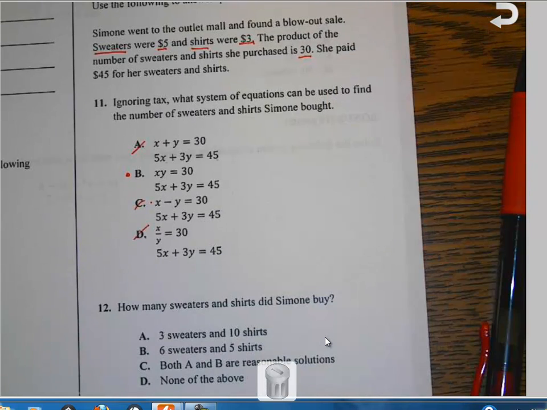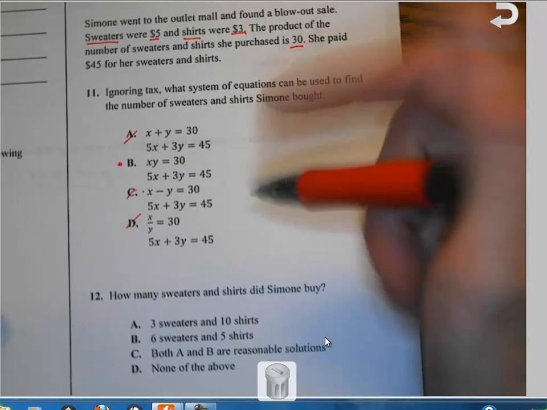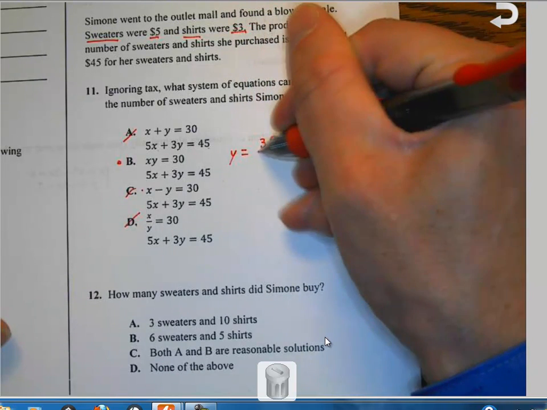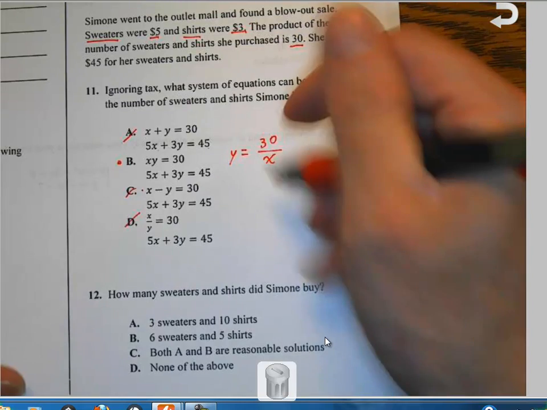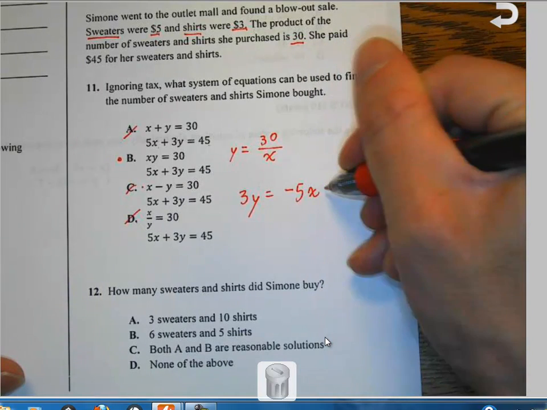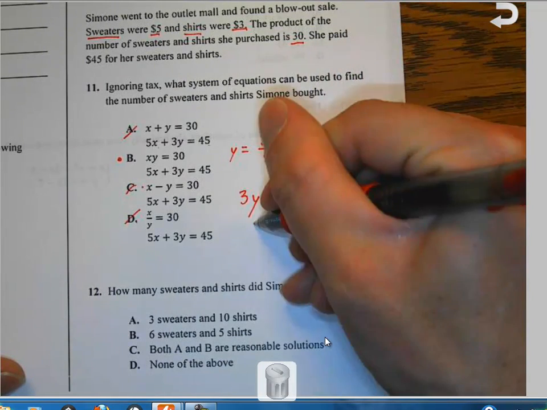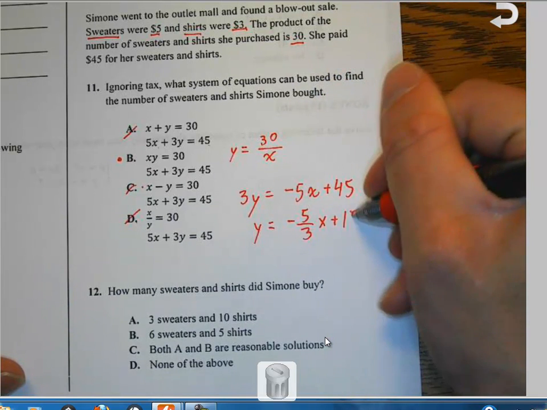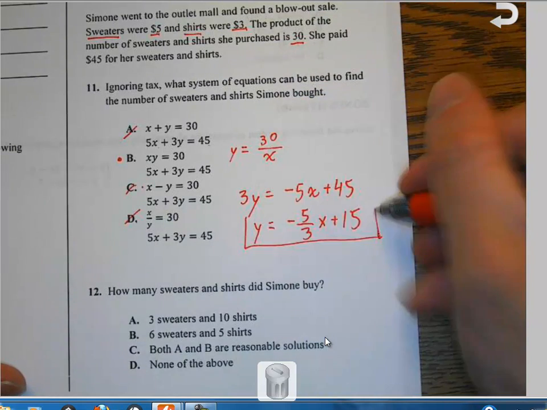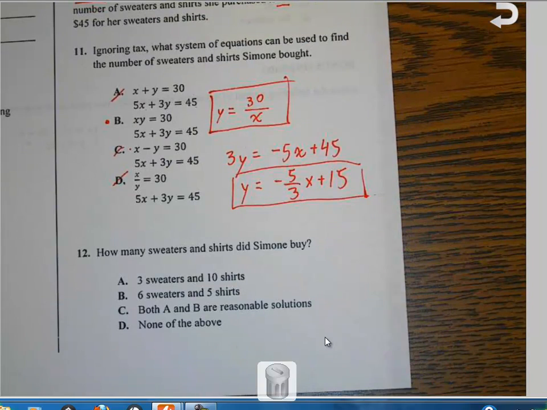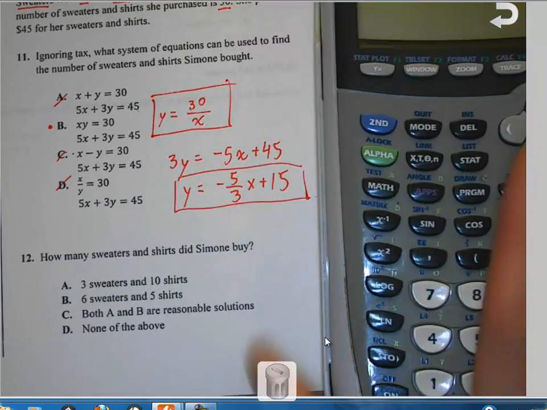Well, you can go on ahead and actually graph the two solutions. You know that your first equation is that y is going to be 30 over x. And you know that your second equation, you've got 3y is equal to negative 5x plus 45. And you say y is equal to negative 5/3 of x plus 15. So these are the two cleaned up versions of the equation. You plug them into the calculator and see where they intersect. Or you could solve by substitution, or you could have used a matrix, but